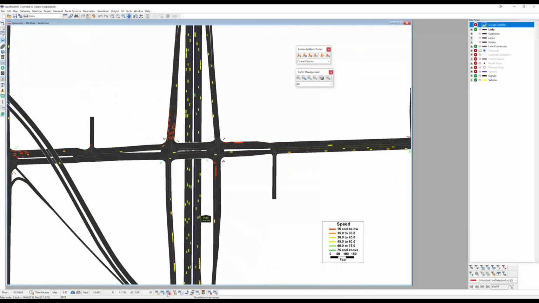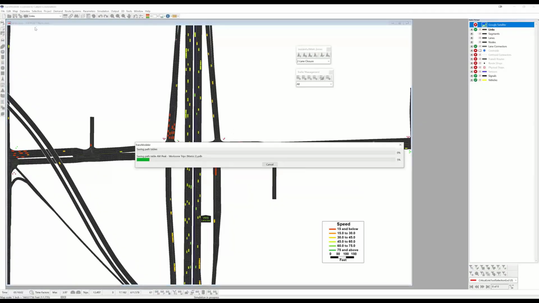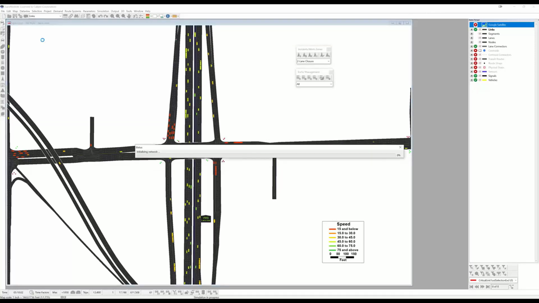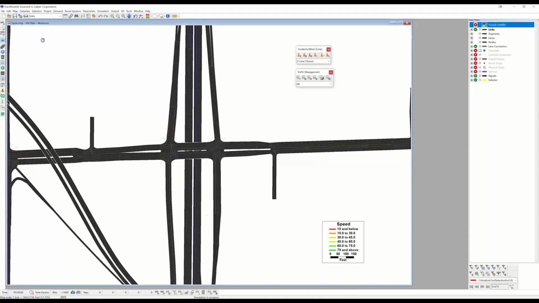So let's stop this simulation and look at the operations with the dynamic message sign in place, just to highlight where this whole process eventually leads. ODME and DTA ultimately produces a model in which you can compare alternatives that could be roadway improvements, capital investments, or it could be dynamic or